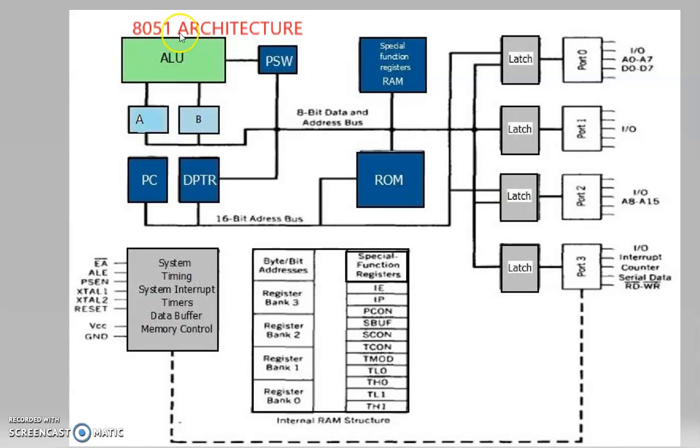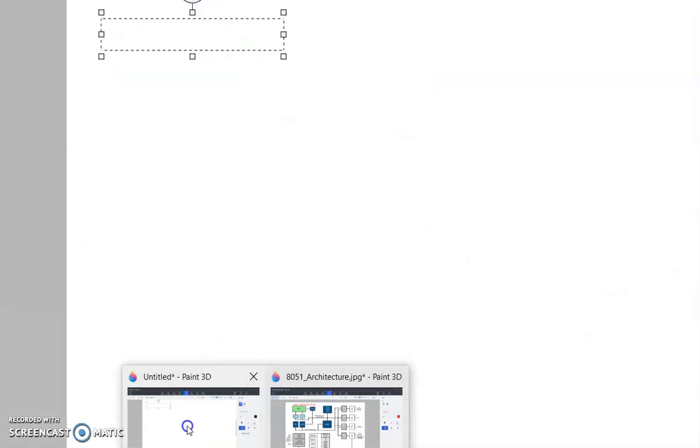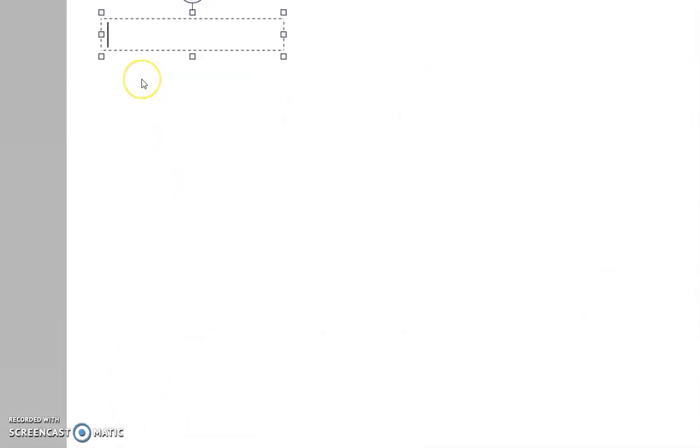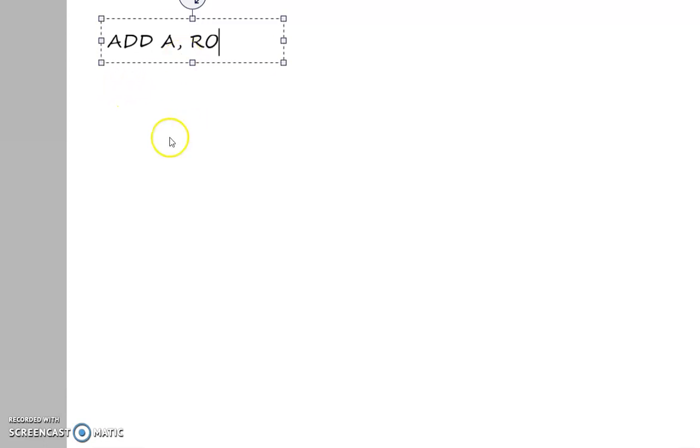For example, one of the arithmetic operations we do in an 8051 microcontroller is an instruction such as ADD A, R0. Here ADD is the opcode and A and R0 are the operands. Opcode means the operation code.